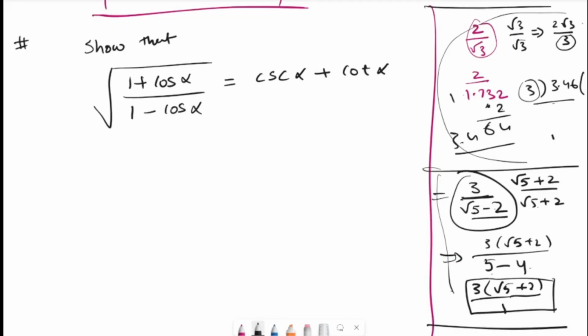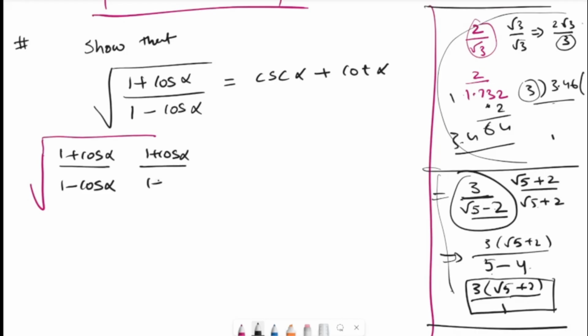Okay, now I'm going to write this root, a giant root. And I'm going to multiply and divide this cos alpha divided by 1 minus cos alpha. I'm going to multiply and divide with the rationalizing factor 1 plus cos alpha, 1 plus cos alpha divided by 1 plus cos alpha. Implies, in the numerator 1 plus cos alpha whole square, it's quite obvious, divided by a plus b